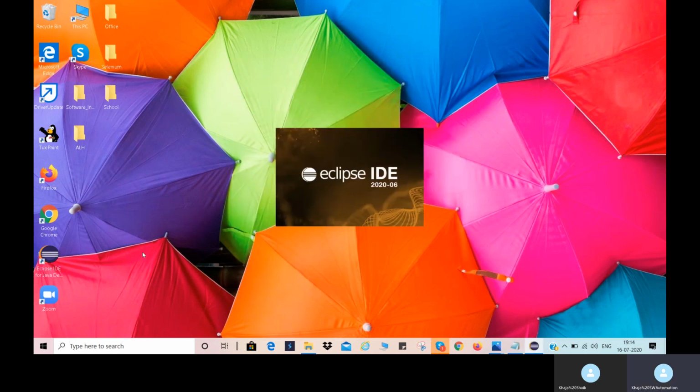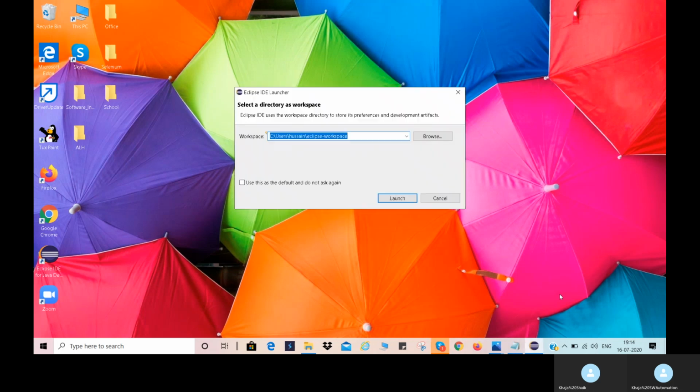See, if you observe, the shortcut has been created on your desktop, and in the taskbar, the Eclipse icon has also been created. Click on launch.